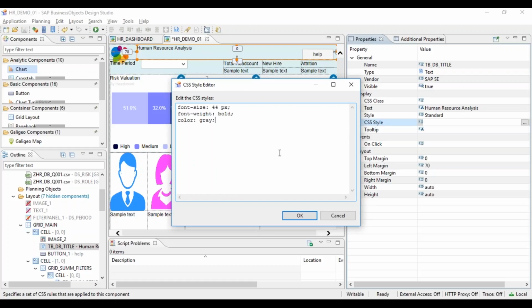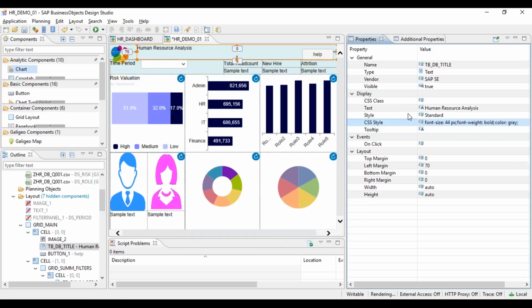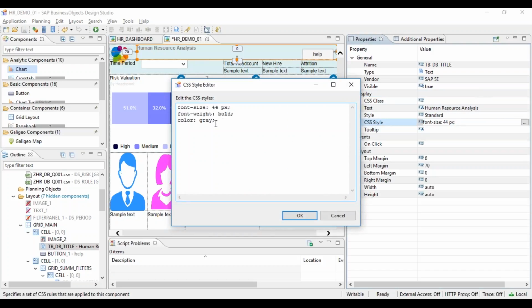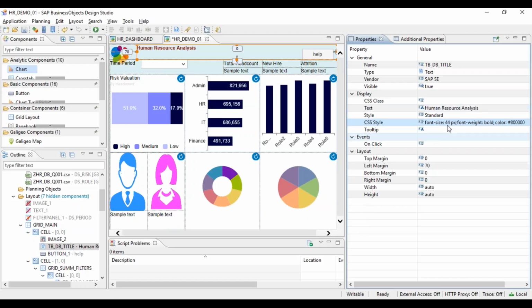Either we can just type the name of the color, or we can give a hash code, a hex color code, that also you can give.